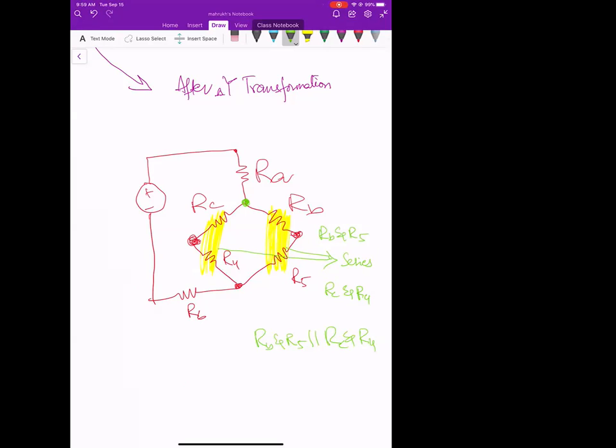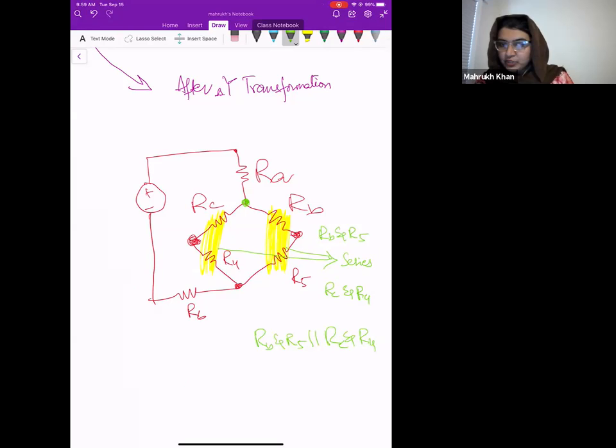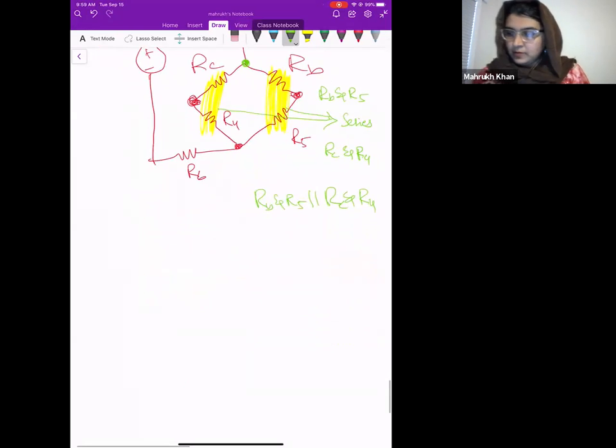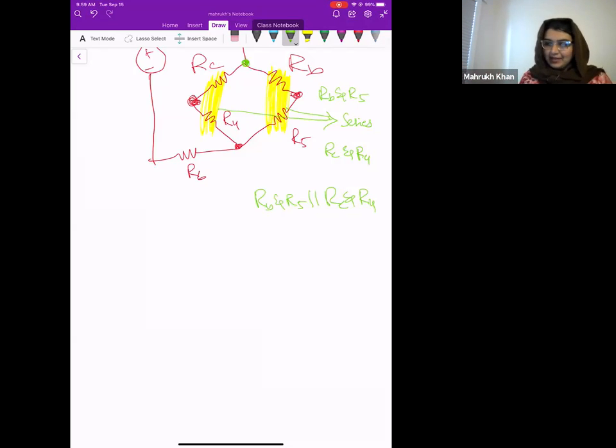So that's why delta Y transformation helps us to solve the circuit, okay? But we need to know what the transformation is. Transformation is not a difficult thing, but I will not go into the tedious proof of it. So I'll just write how we can do the transformation. There are two cases. If your RB, RC, and RA are different, not equal, and similarly your R1, R2, and R3 are not equal,